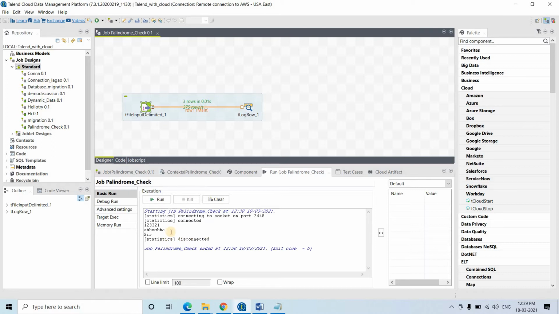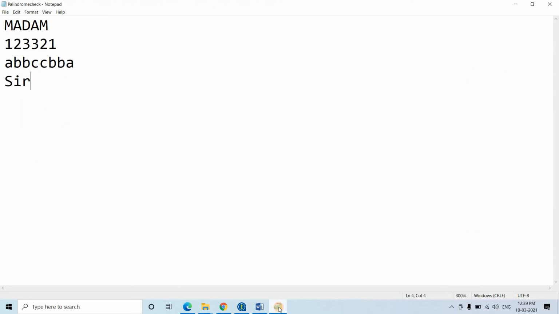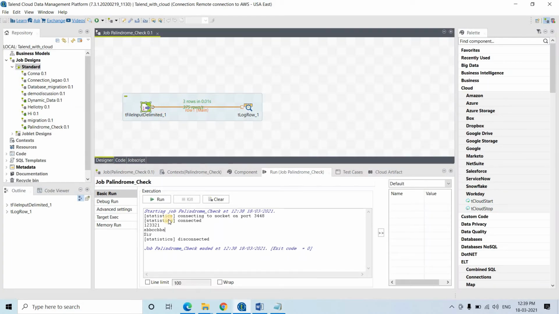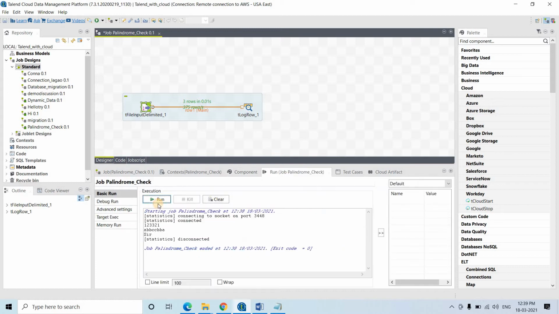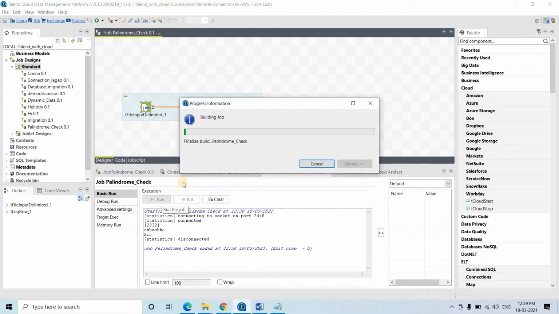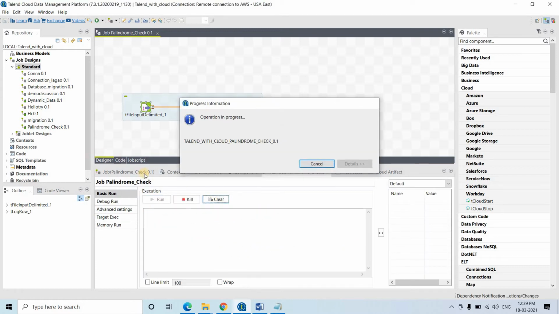Yes, it's coming. Actually, the header is not present here, so I need to make the header 0, then only the complete data will come.